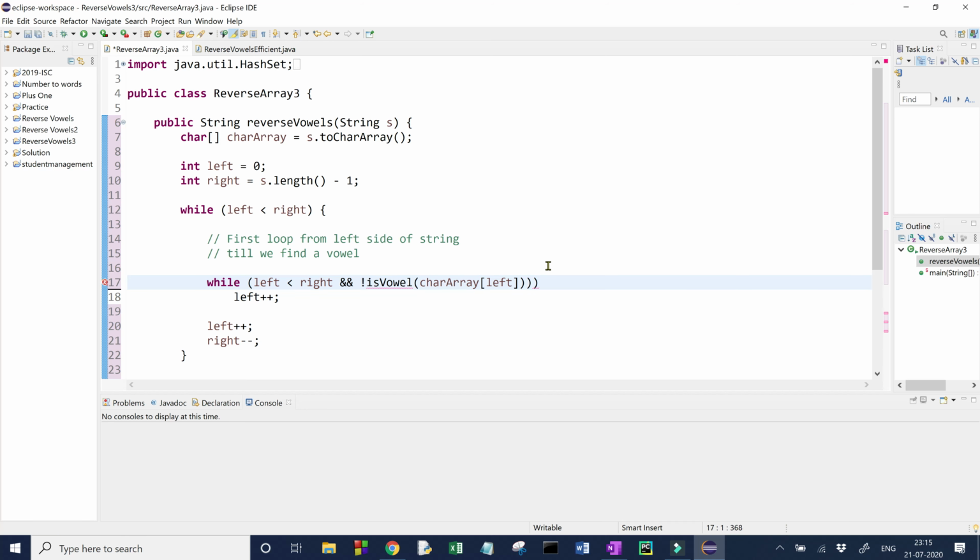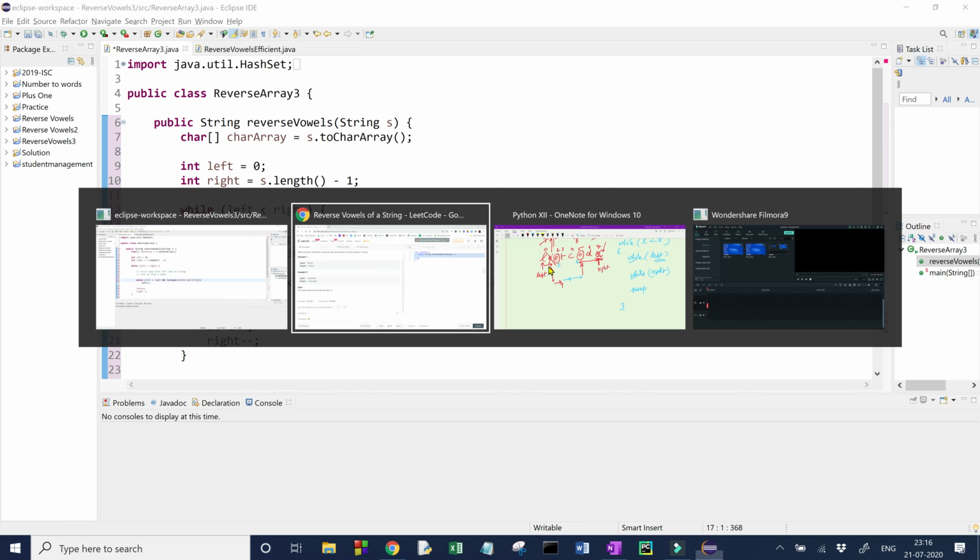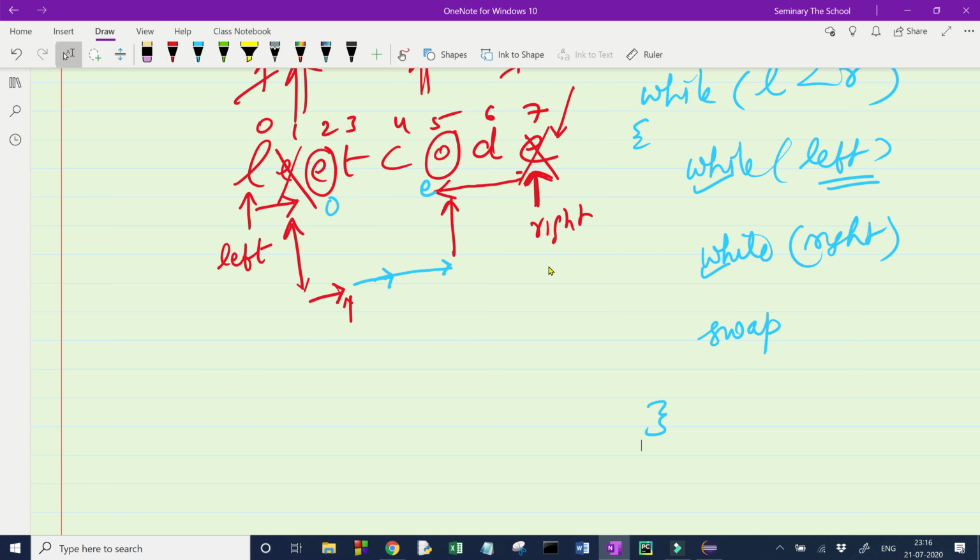Okay, so now we will go back to that example. Since I am starting my loop from the left side, this is my left. So I will send this O to my function, and this will tell me whether it is a vowel or not.